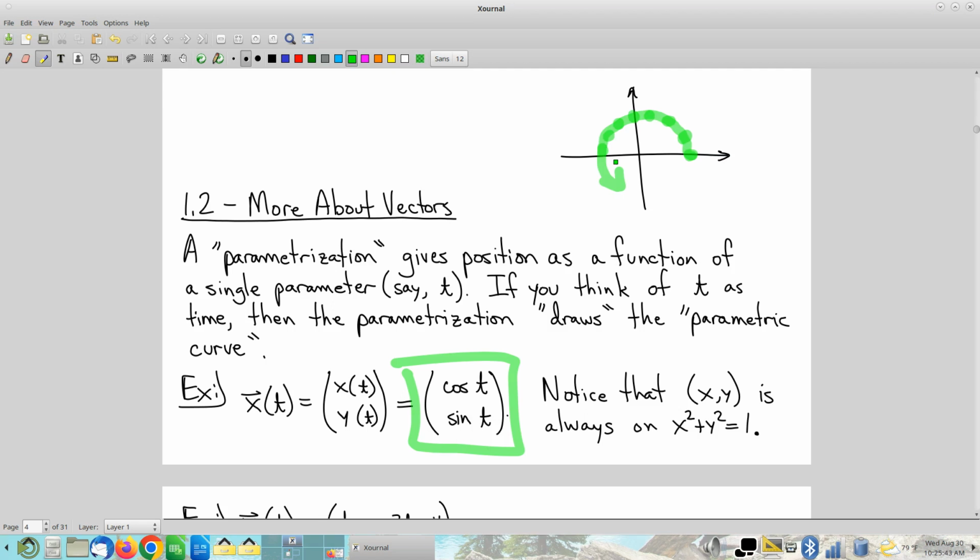So I think it's a nice way to think about a parametrization. How are we doing? Everybody with me? Now it kind of looks like a circle. Right? And in fact, not hard to show, this actually is a circle because, check it out, x being cosine